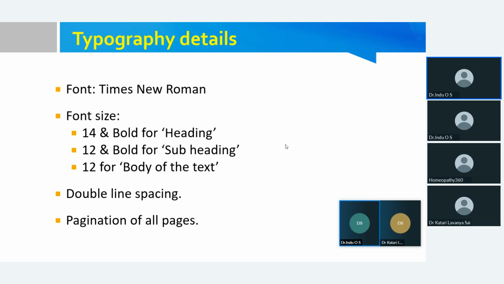As you know, the first content should be the title, right? Next slide. The slide is not moving, I think. Next slide, you can see title, and the title should be followed by introduction. The slide has not changed. So after the title, how we can frame a title is again an important concern of every researcher.